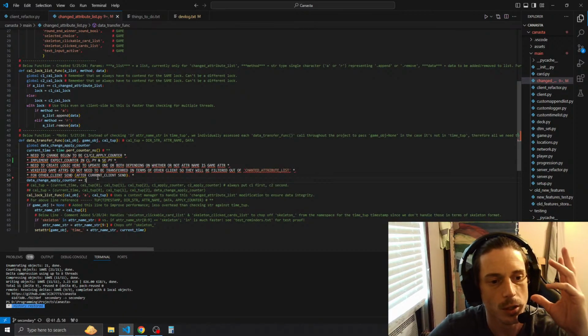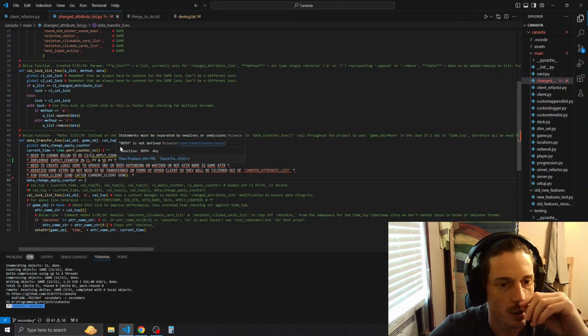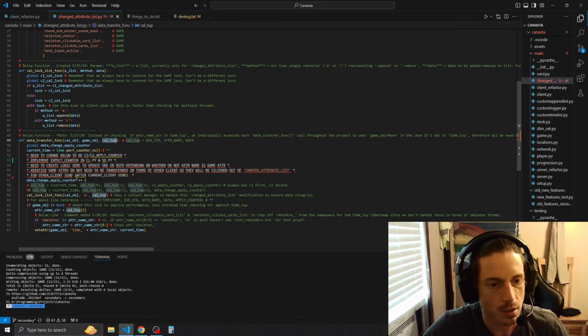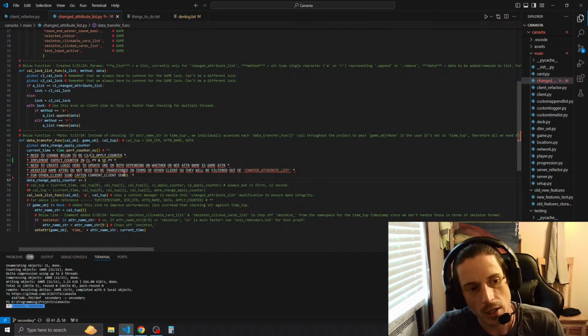Remember, because we said we're gonna put the client 1 counter first and then C2 counter second, so that this tuple is going to consist of all this right here. It's going to consist of the current time tuple, C1 apply counter, C2. So we have to add the C1 and C2 apply counter here. Otherwise, whenever we